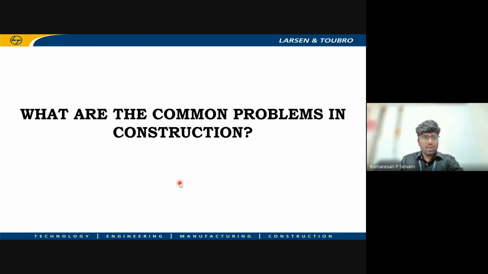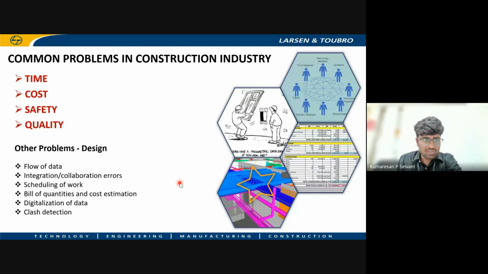And to start with, what are the common problems in construction? Mostly at the construction site, there are productivity issues, some safety issues, so that's time, cost, safety, and quality issues. These four are the main construction problems faced on a construction site.